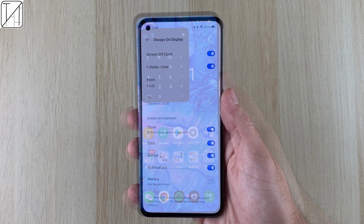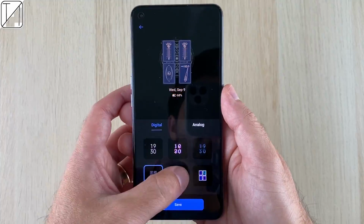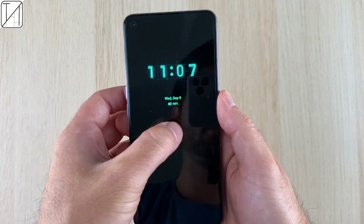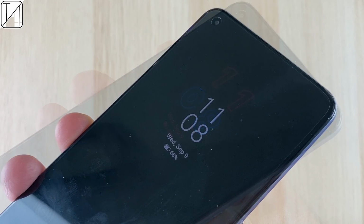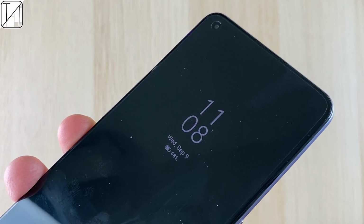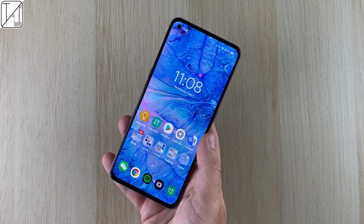We also have the wonderful always on display clock, which we usually get with an AMOLED display, and we don't have that many options, pretty much the same as we've seen from Realme in the past 2 years. This hasn't really changed much. It is nice and bright though, and colors are nice and deep with that black background. I like the simplicity of the basic ones,